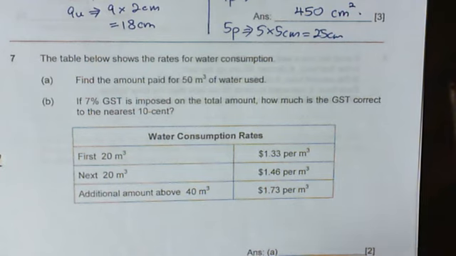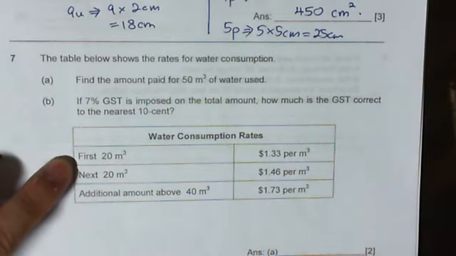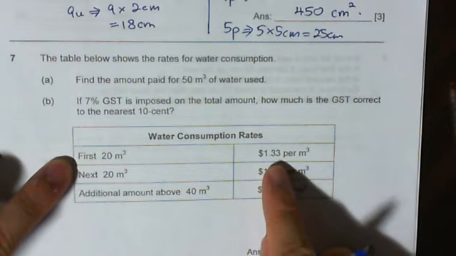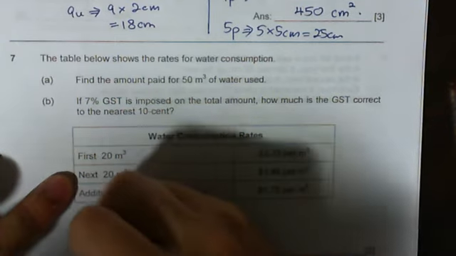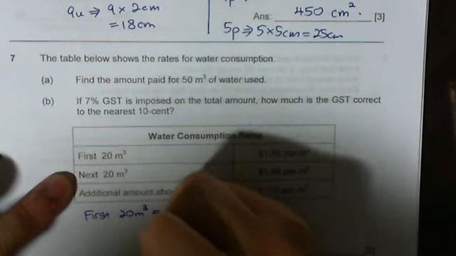Question 7. The table below shows the rates for water consumption. Find the amount paid for 50 cubic meters of water used. If 7% GST is imposed on the total amount, how much is the GST correct to the nearest 10 cent? Now, 50 cubic meters. First 20 cubic meters is going to cost $1.33 per cubic meter. So let's write that down first. First 20 meter cube,